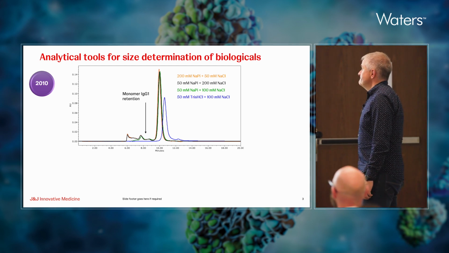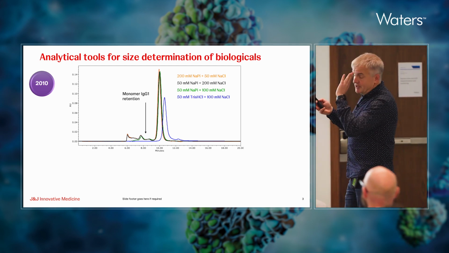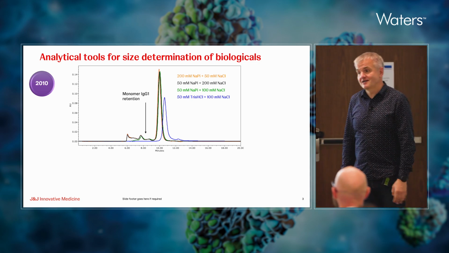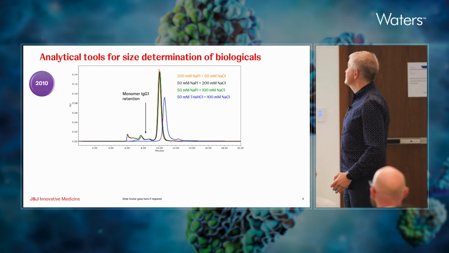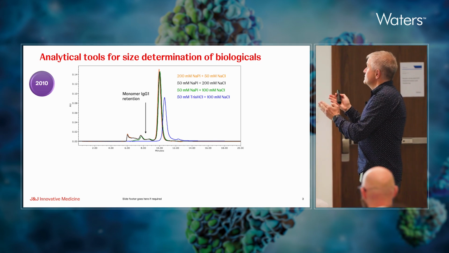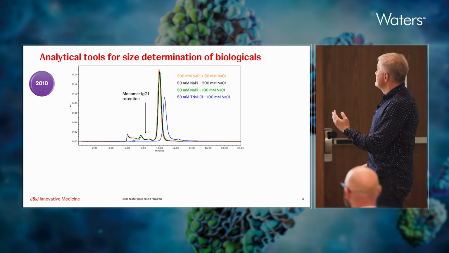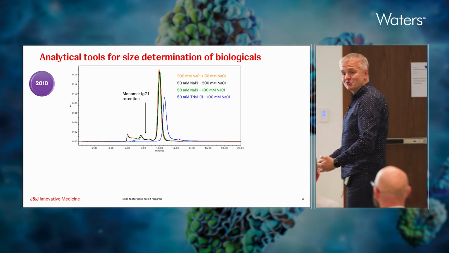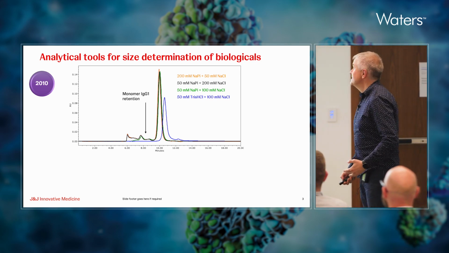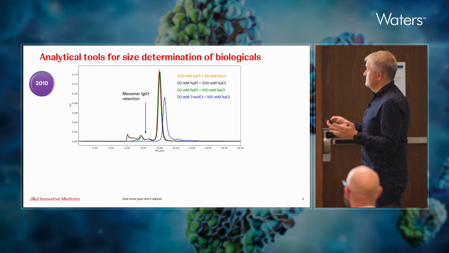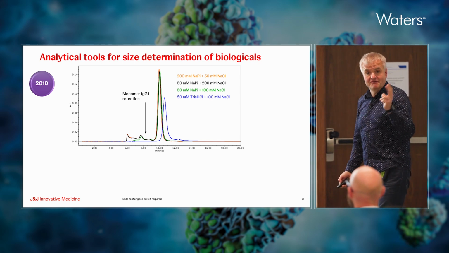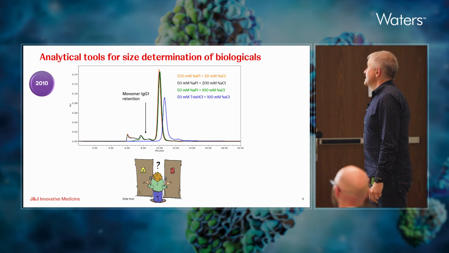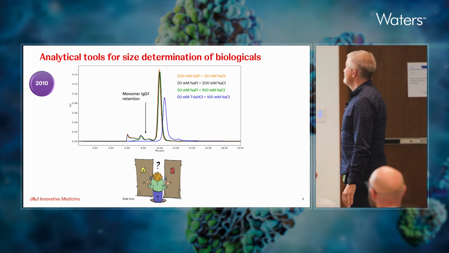And at that point, in addition to this totally outside the box distribution of sizes that was seen on the size exclusion chromatography, let's say none of the conditions would drive the main peak to the desired retention time, retention volume. So based on this, you would conclude that pretty much all our antibodies are like bits and pieces of an antibody, right? So this is kind of the dilemma I had there. Shall I stay or shall I go?